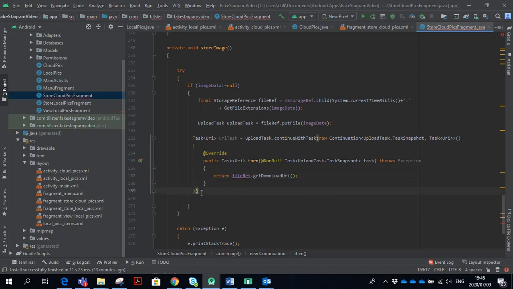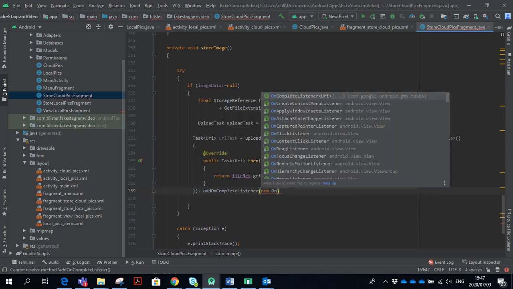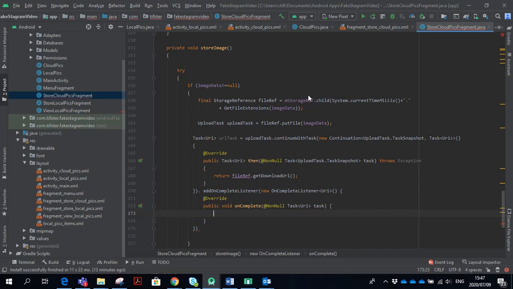Right, so now that we are back here, we are going to add an onComplete listener as well. So when the task is complete, we're going to set add onComplete listener, new onComplete listener. And what we're basically saying is, as soon as we have uploaded our image, that upload task, which is a task we are doing, we are going to continue with that task and we're going to go into the Firebase storage and get the download URL. What we are going to do then is when that task is complete,